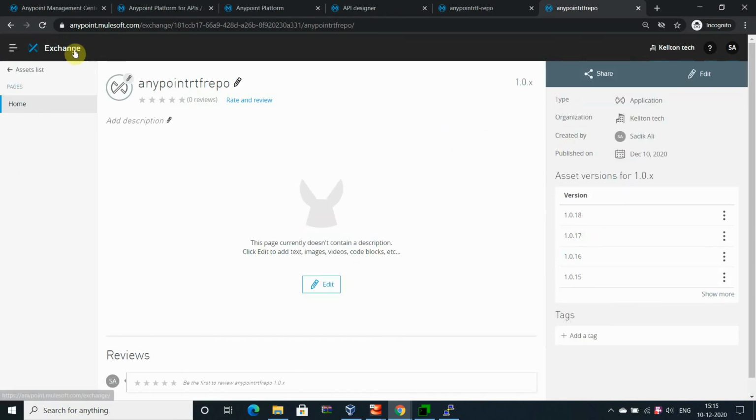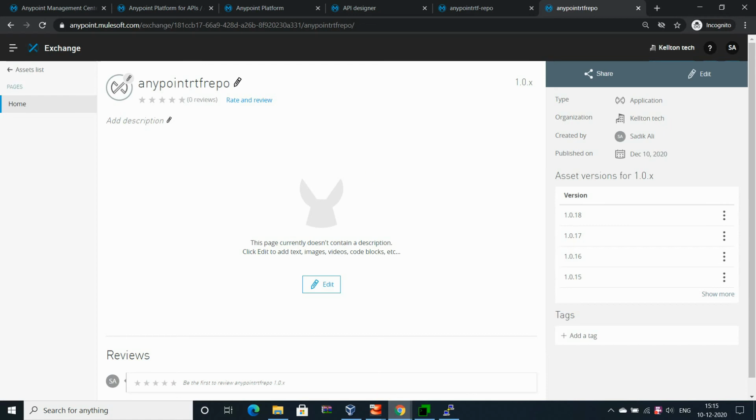I published this one in Exchange earlier, so I'm going to perform this operation again. Right now it's 1.0.18, but if I release it, the version will automatically increment by 1, as Bamboo will take care of the version, so I am using that functionality itself to update the version.